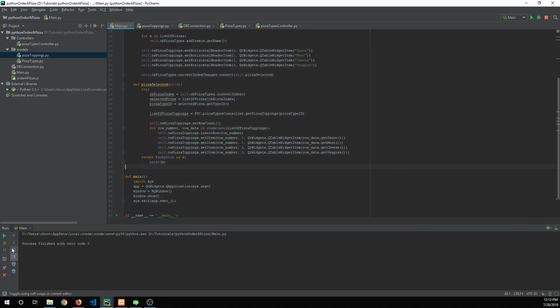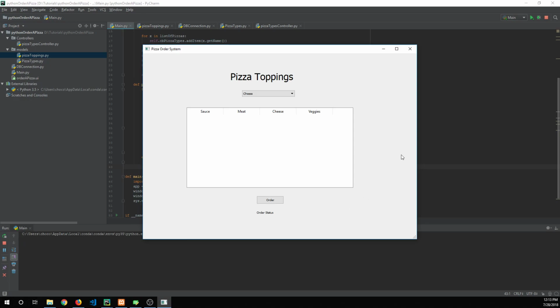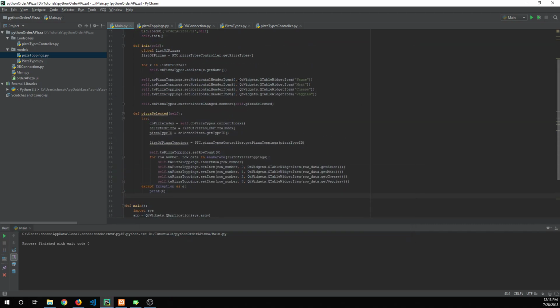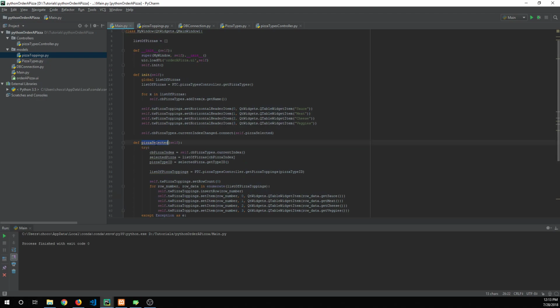Now, one interesting thing you might be noticing here is when we initially hit the run button, we've got cheese selected, but nothing is here. So a problem is, you could select one and then you could go back and select cheese. Okay, there it is, but that's not a great user experience. So how we can address this is essentially just in our initialize method, we can immediately call the pizza selected method. So once we've initialized everything,